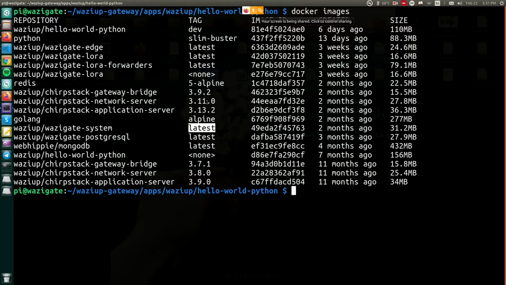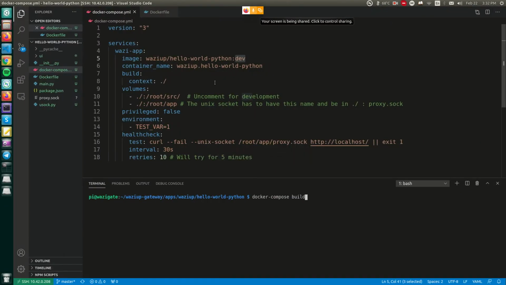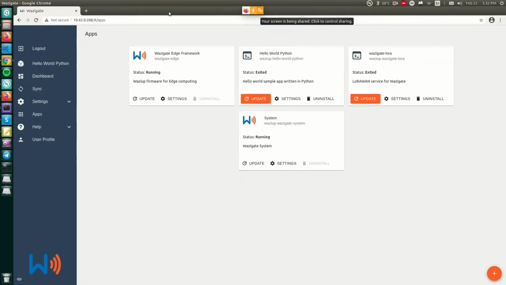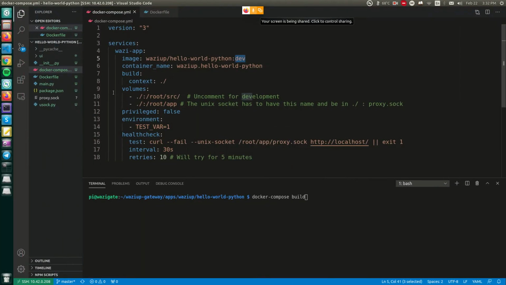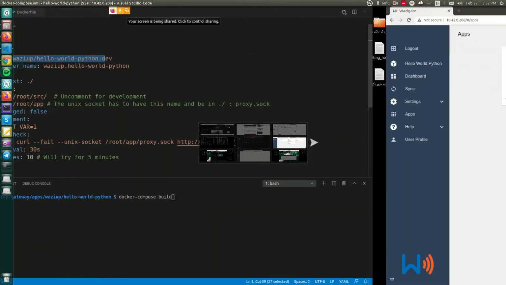Here in WaziApps, we use it just to separate the different versions, in terms of development, production, tests, and things like this. And here we have to keep it the same, because when we want to update an app, like here you go to this app manager, you see it says there is an update for LoRa, for Python. When this platform wants to check for updates, what it does is go to Docker Hub, which is